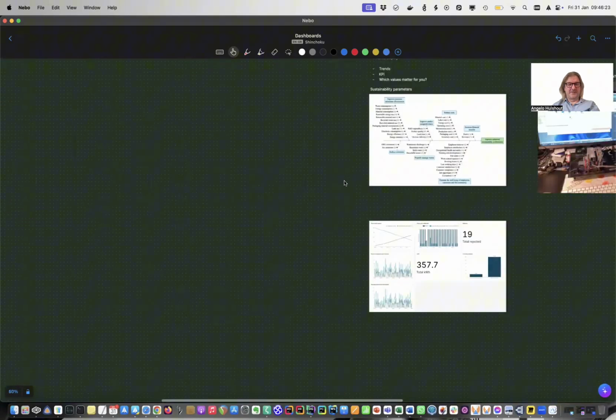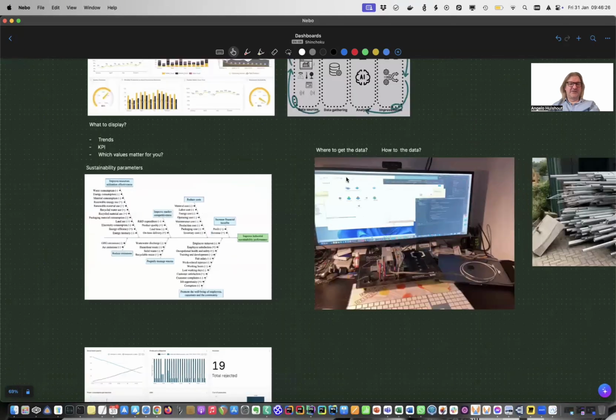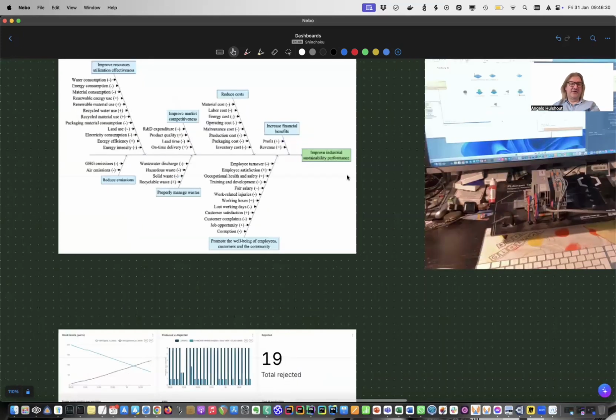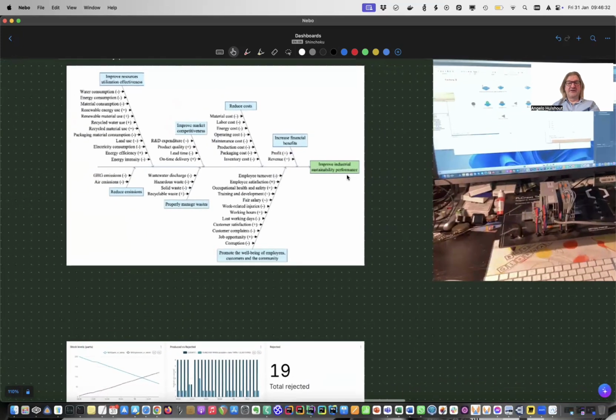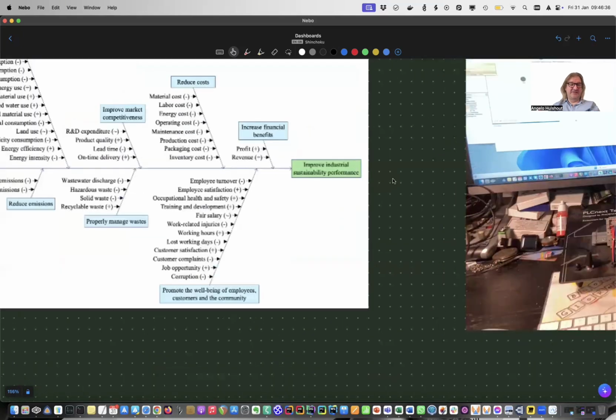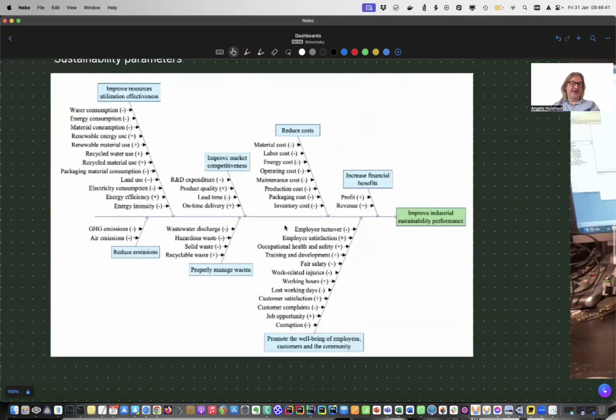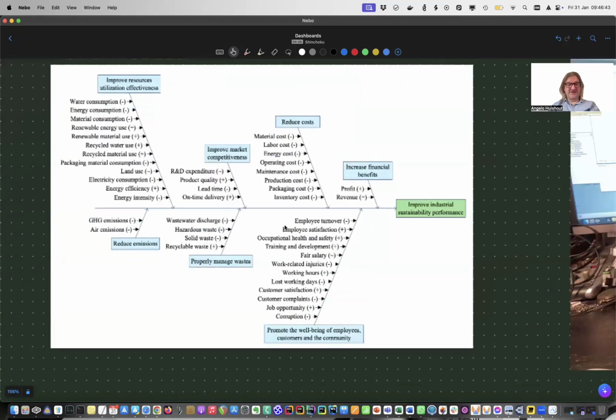Now, if we zoom out, oops, I lost my thingies there for a second. If we look at sustainability, we say, what do you want to display? What are you interested in? Well, today we're talking about dashboards for sustainability. So we look at sustainability metrics. These are sustainability metrics taken from an article that we will reference in the description that comes with the video of this